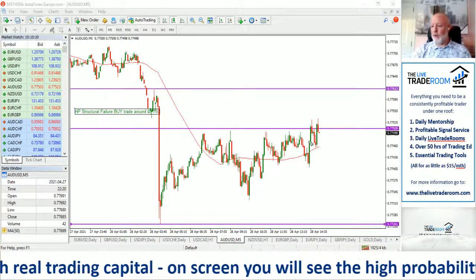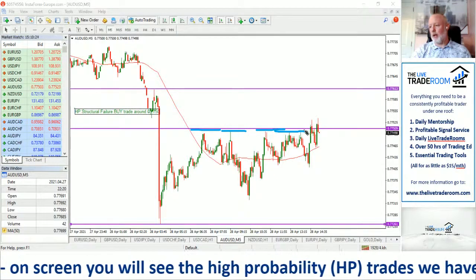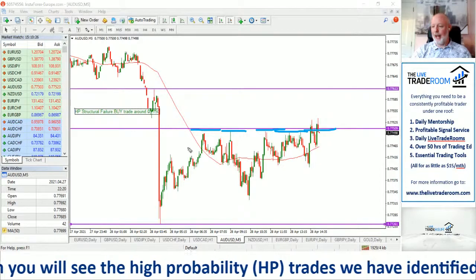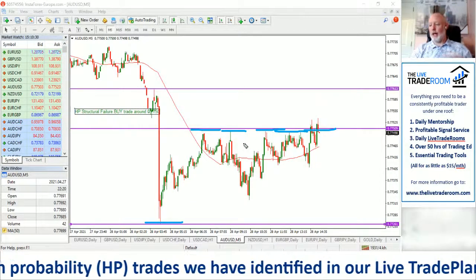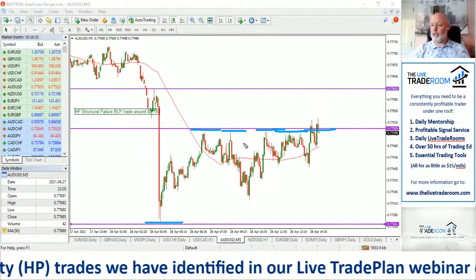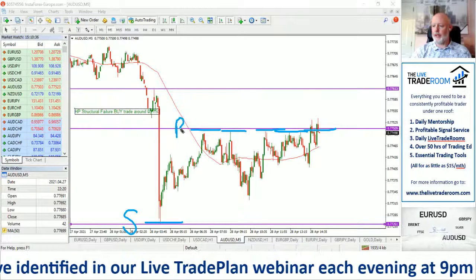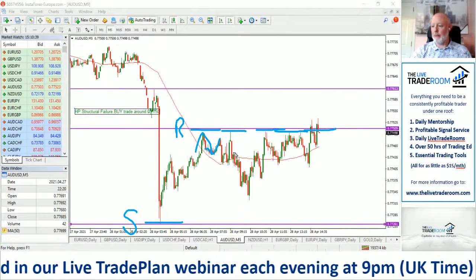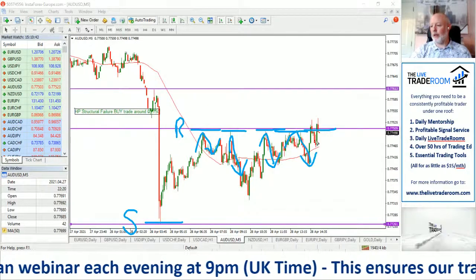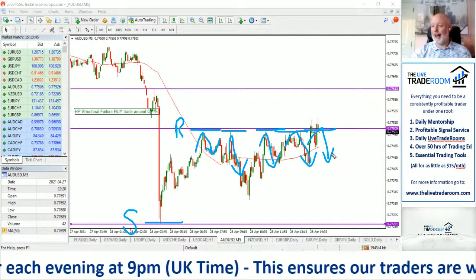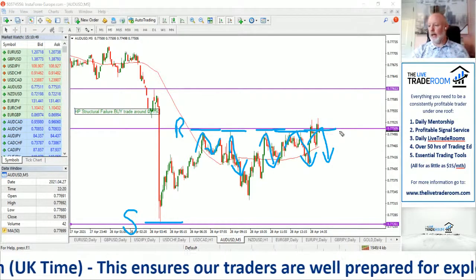Very quickly, what we talk about with structural failure trades is when you clearly define a low in this market and you clearly define resistance levels. So this is a strong level of support, this is a strong level of resistance. You can see that happen time after time. Every time prices get up to this level, it reverses. It might happen again now, but when this market does give us the confirmation to push higher, then that's your